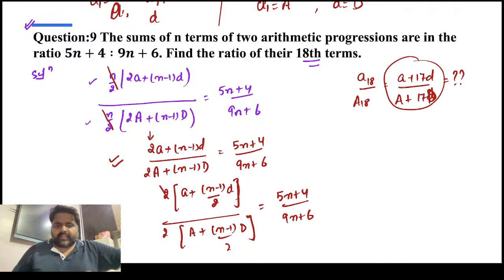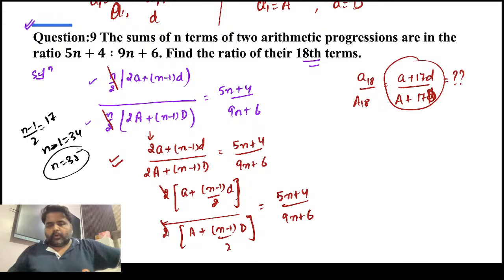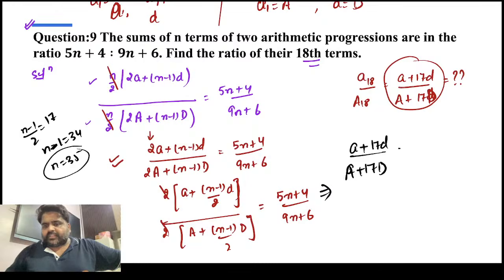But what we want to calculate is a plus 17d. This is a plus n minus 1 by 2 into d. We want the 17th term. Instead of n minus 1 by 2, we want 17. So n minus 1 should be equal to 34. The value of n should be equal to 35. Put n is equal to 35 in this equation. a plus 17d divided by capital A plus 17 capital D is equal to 5 into 35 plus 4, upon 9 into 35 plus 6. The answer is,